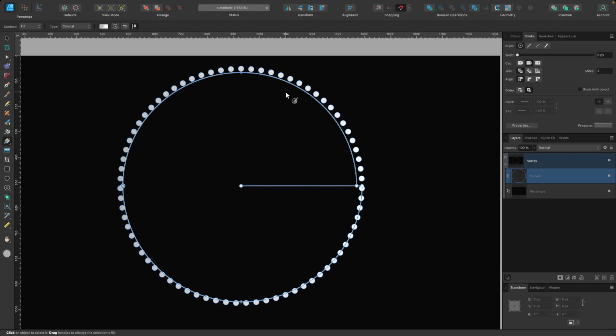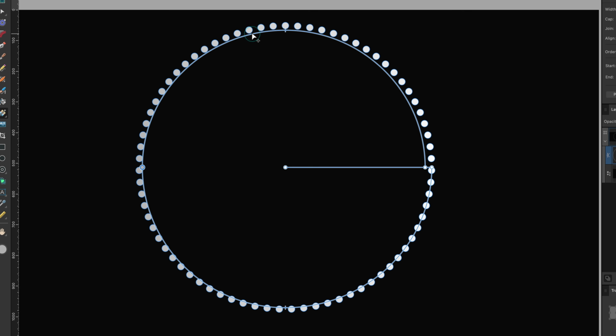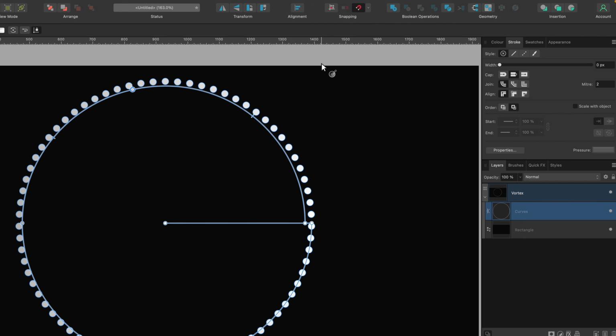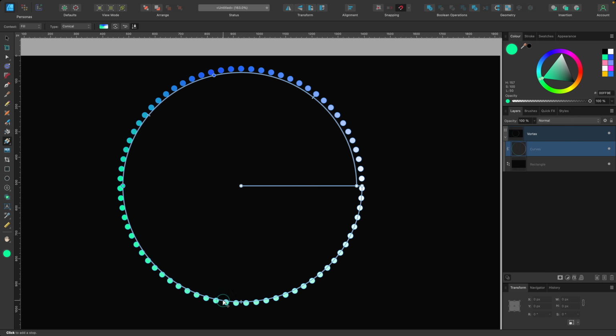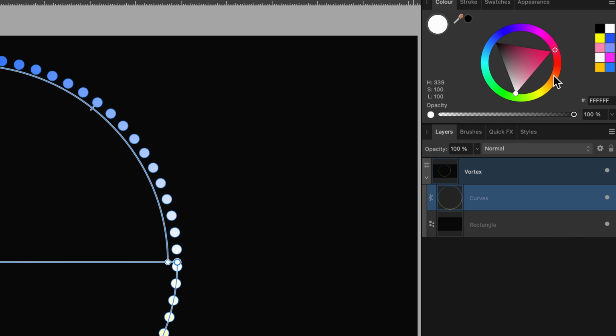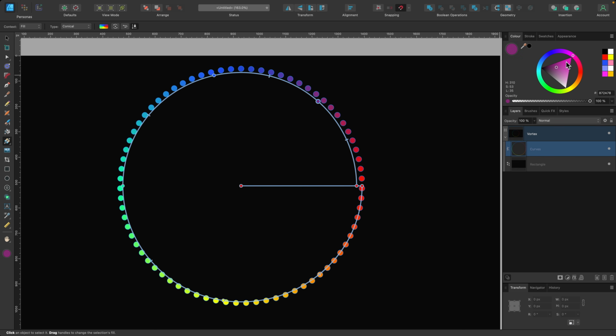And now we're going to start adding in different colors to it. So I'll just add a few. So this one here, I've added a little color node. I'll go back to the color tab there, and I'll just make that blue. This color node over here, make it a little bit green. And you see where I'm going with this. I'm just kind of going around the color wheel, selecting different colors. And for this one over here, I'll make this red, and I'll click that other node next to it, and I'll also make that red as well, and maybe a little purple here as well.